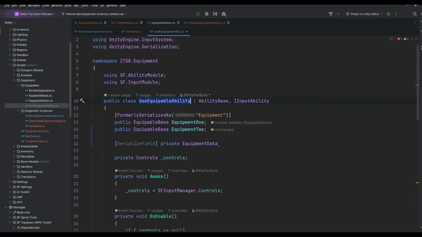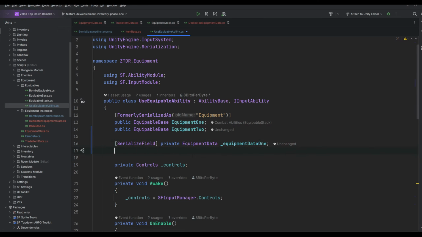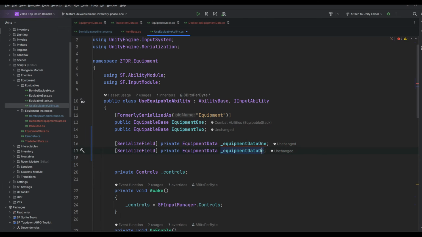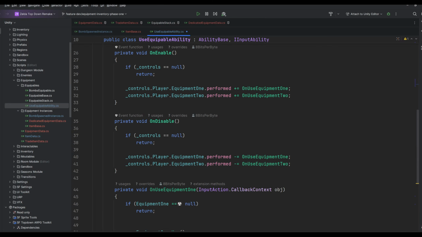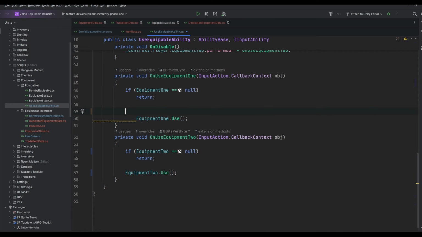Since this is equipable ability, I know anything I use here will be at least a type of equipment data. Equipment data 1. And I'll just copy that and say 2. And what I'm going to do now is